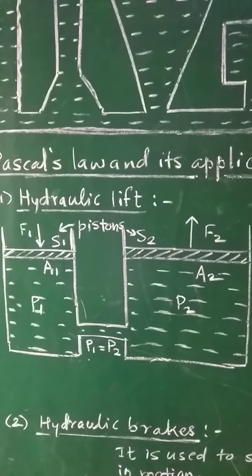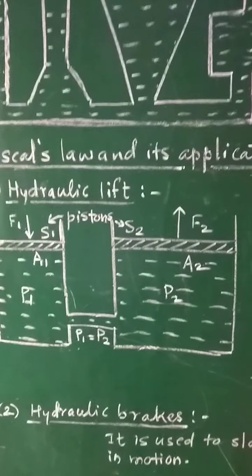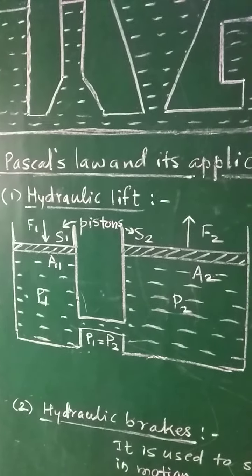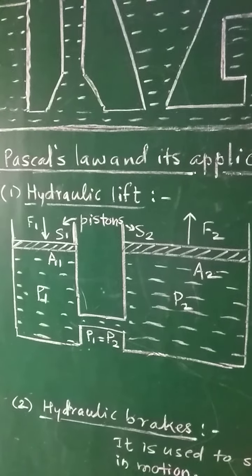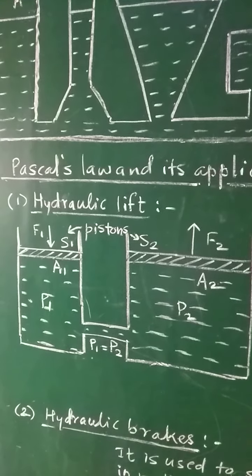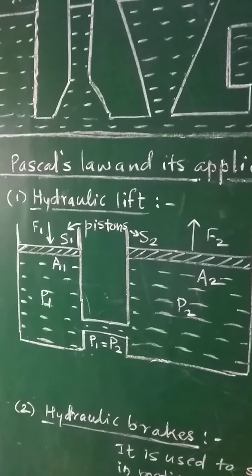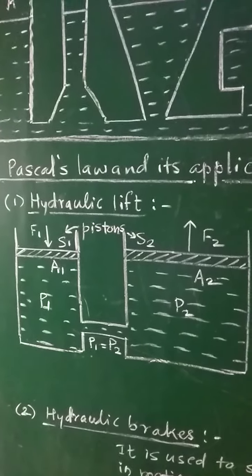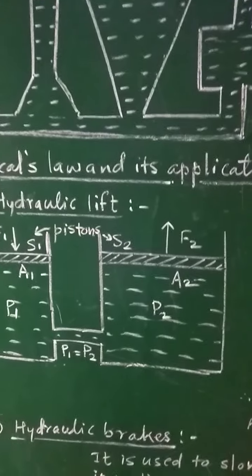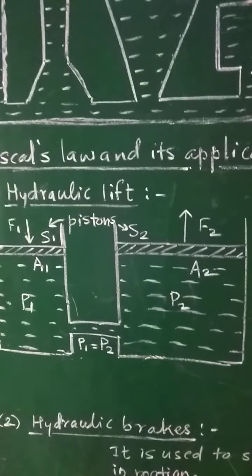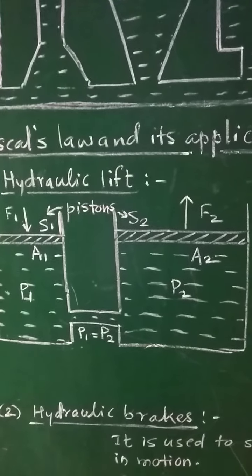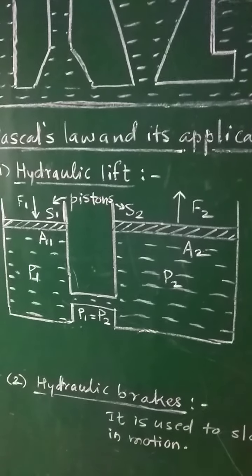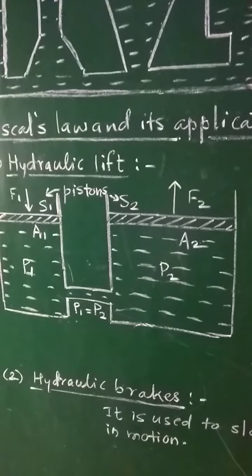S1 has its area A1 and S2 has its area A2, such that A2 will be large as compared with A1. The force F1 will be exerted by the piston S1 and the force F2 will be exerted by the second piston S2, so that the pressure P1 is created in the first vessel and pressure P2 will be created in the second vessel, but at the place at which they are interconnected, both these pressures P1 and P2 are the same.